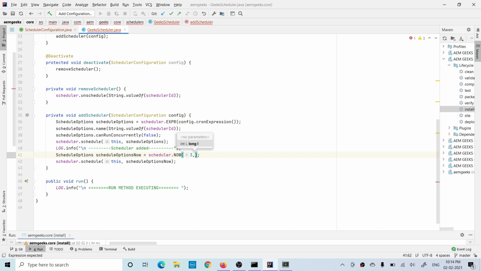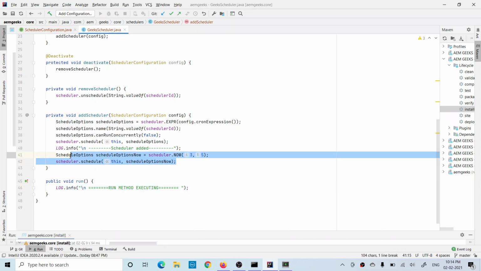Suppose I am saying I want to execute every 3 seconds or 5 seconds, right? So now as soon as you deploy this scheduler, it will execute the run method as soon as you deploy, and then 2 more times at an interval of 5 seconds, and then it will execute continuously every day. So using this scheduler option, it will execute 3 times as soon as you deploy, with an interval of 5 seconds.